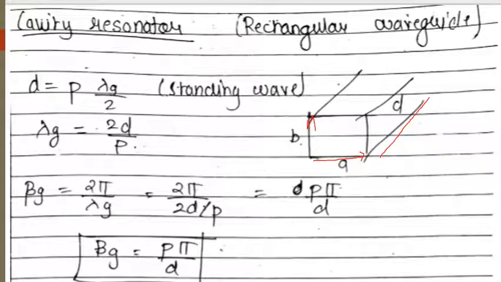How is the wave propagating along this direction? Please note the wave is propagating in this way. So when the wave is propagating along this direction, it will be always integer multiples of lambda g by 2. I hope you get this point. One wave is how much? Total wave is always lambda. So half of this will be always lambda by 2.